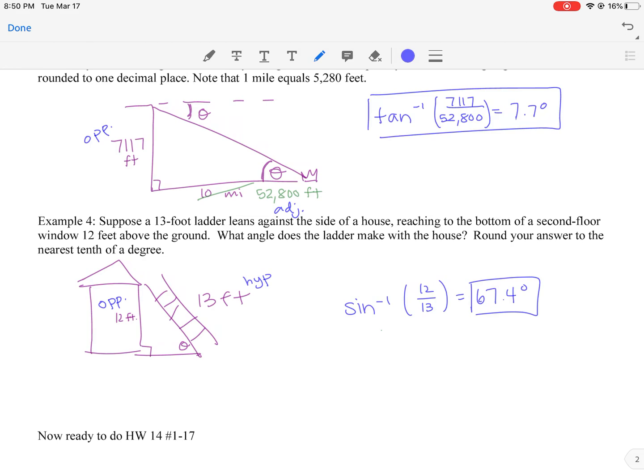Okay, that's all I'm going to do for those. There's a few more examples in your notes, but I think this will be the stuff that's familiar and quite natural for you. You're now ready to go ahead and do your homework 14, problems 1 through 17. So this is a combined assignment for the next 3 sections, so just realize you're doing the